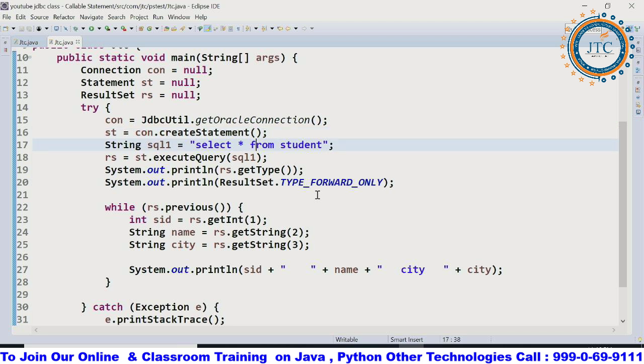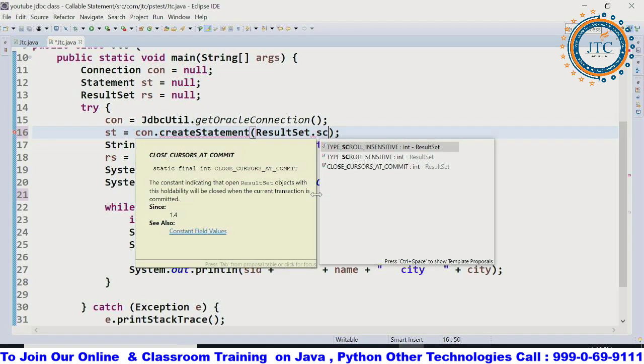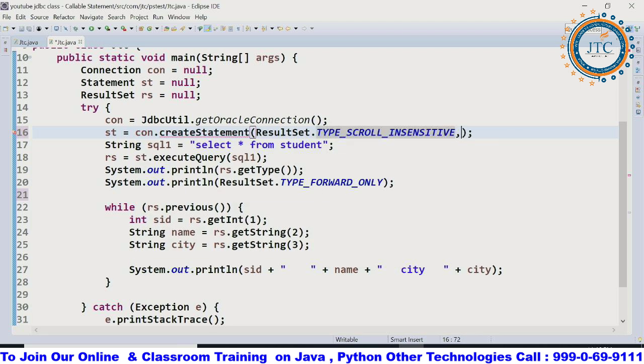So here I want to write one thing: I wanted to create a scrollable result set as such, right? So I'll write here ResultSet dot TYPE_SCROLL. What is sensitive, insensitive, we will be discussing later. And after this,